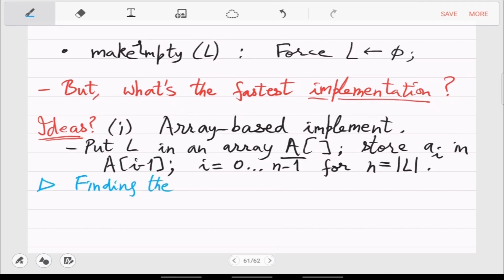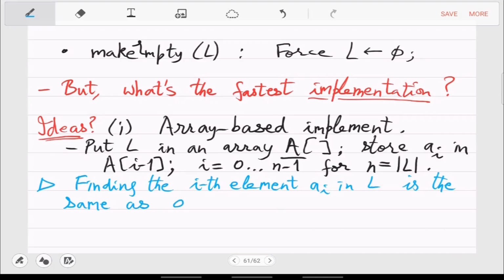Finding the ith element in L is the same as outputting A[i minus 1]. And how much time does this take?